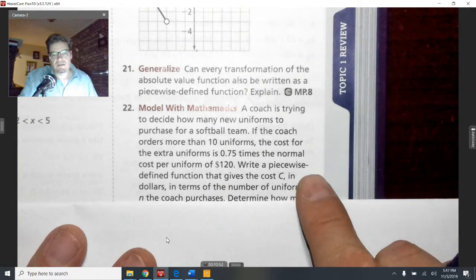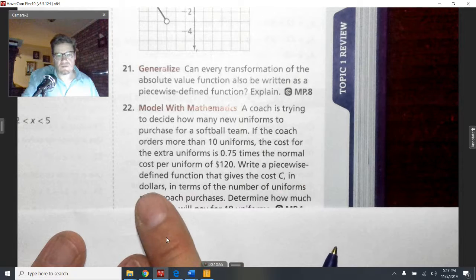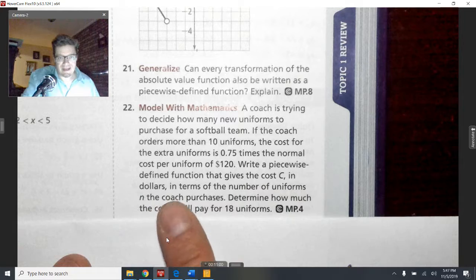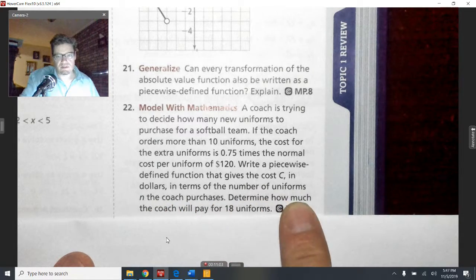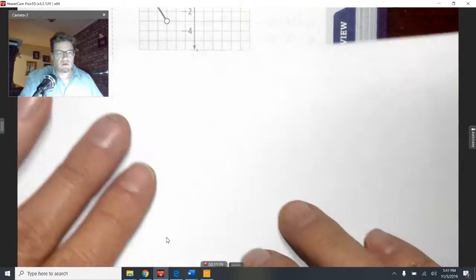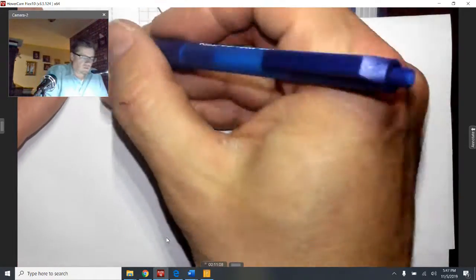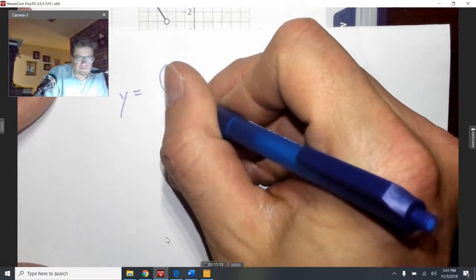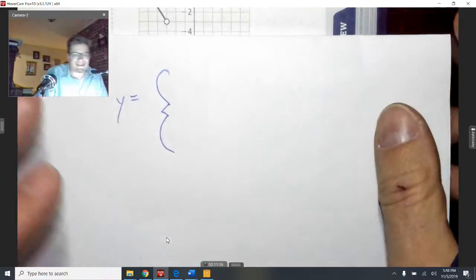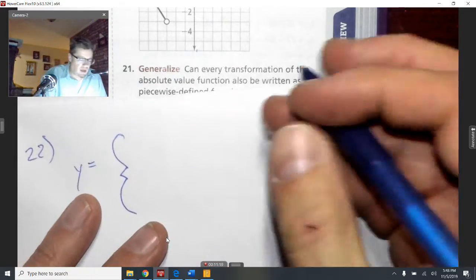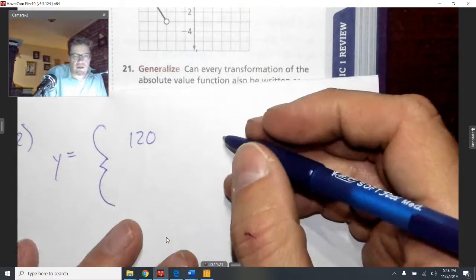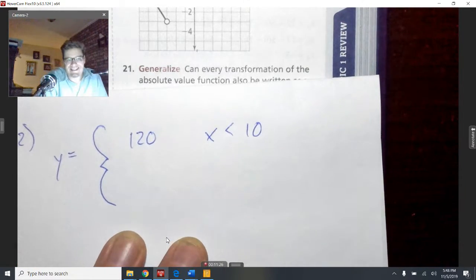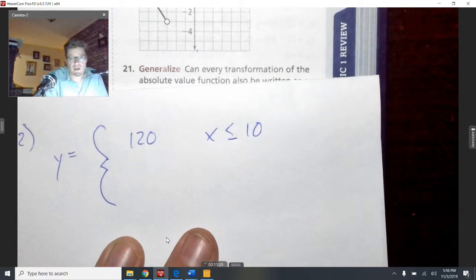So we're going to write a piecewise function with this that gives the cost C in dollars in terms of the number of uniforms the coach purchases. Then we will determine how much the coach will pay for 18 uniforms. Okay? All right, so let's wrap this one up. For 22, we have a piecewise function. Now, it said that he actually will pay $120 for every uniform that is less than 10. Okay, so if you buy a quantity less than 10, and that includes 10, by the way, but after that,